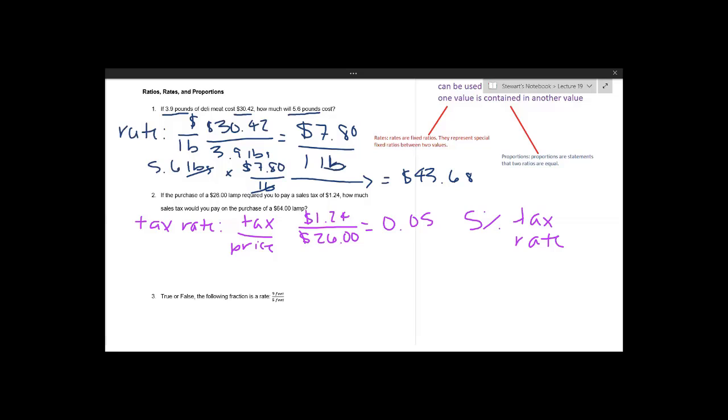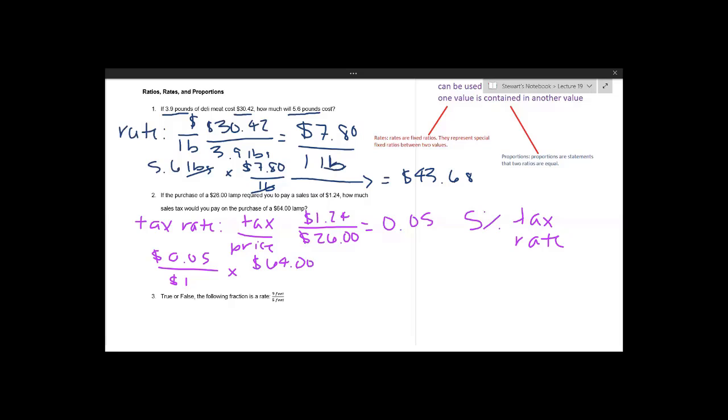So now what we can do with that is take this ratio we found, because what the tax rate is saying is you're paying 5 cents for every dollar that you spend. That is, like our 6% tax rate is 6 cents on the dollar. So that's how they'd figure that out. So we have our tax rate of 5 cents per $1, and we're going to multiply that by that $64